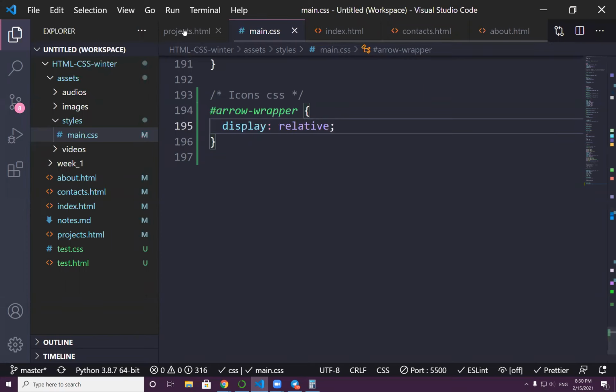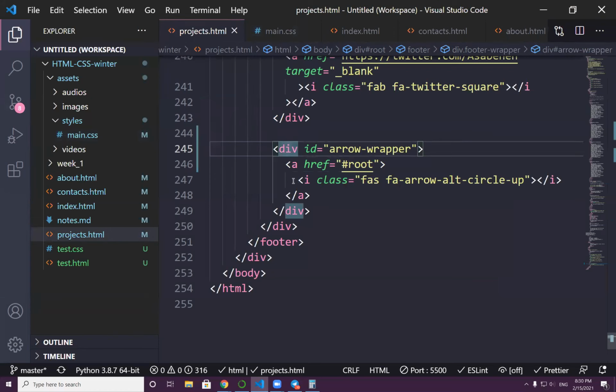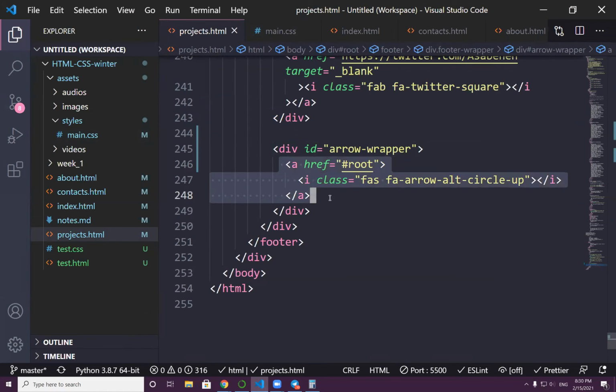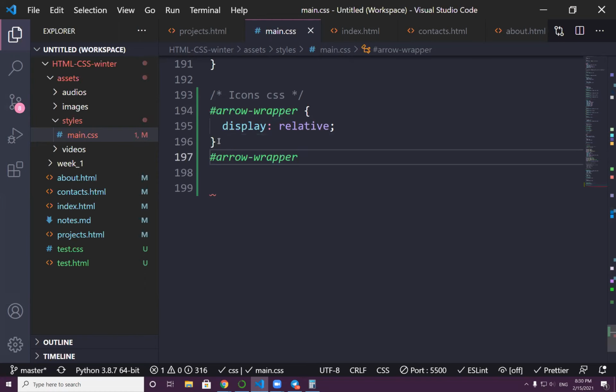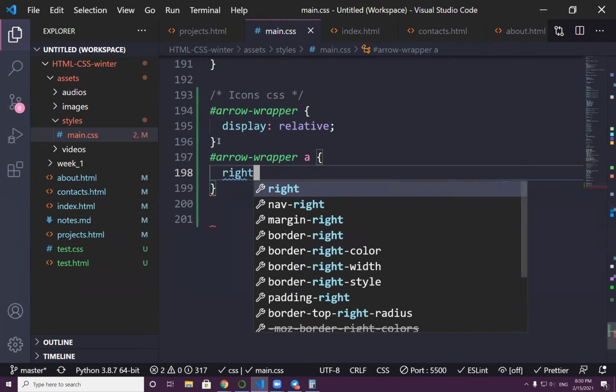So what I'm doing is, this is relative, then I can push this to the right. How? Okay, then I have to select like this, and then inside the wrapper A, what is right 0,